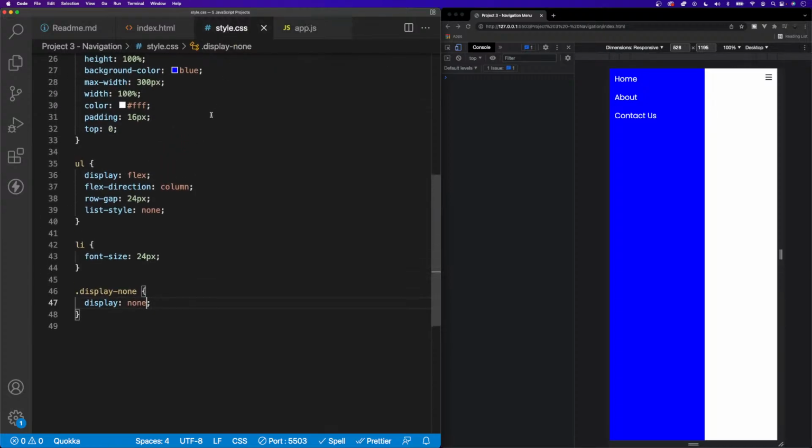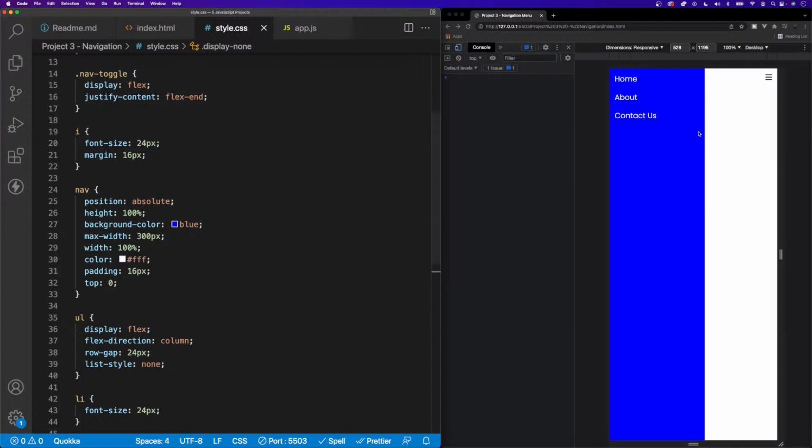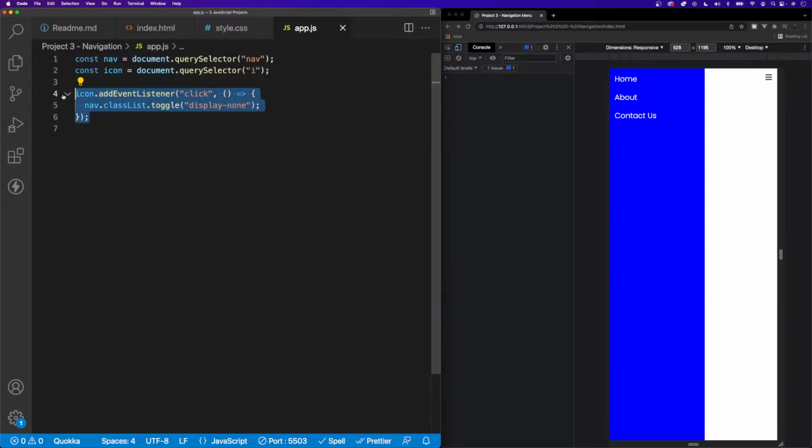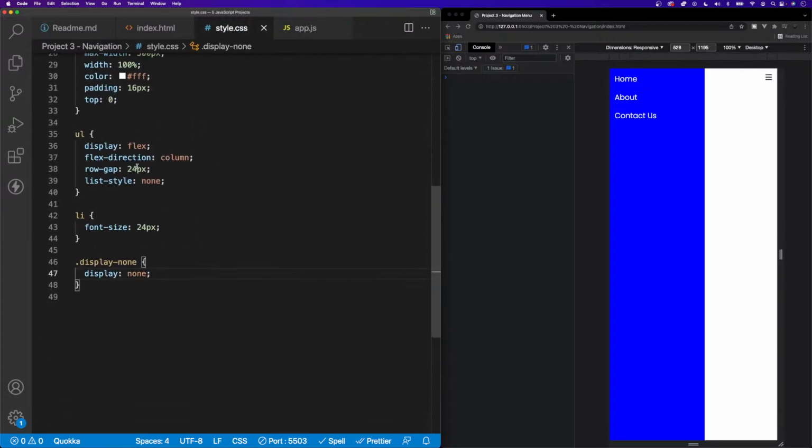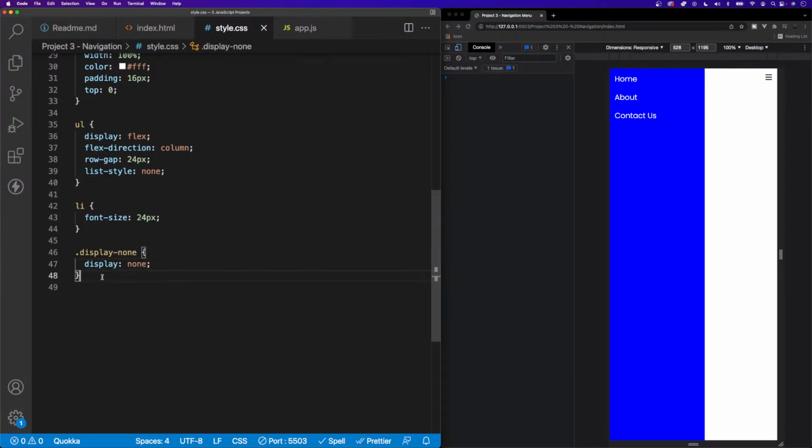So this one's actually a really easy project, but it's very simple and it's very practical to be using in a lot of your websites. So that's why I wanted to include something like this within this project, because it does require a little bit of JavaScript, but it's mainly simple because we're just pretty much going to be toggling a class. So let's see. What we want to do is, there's a couple ways we could handle this. One second. So what I'm thinking we do here is we just have a class that's